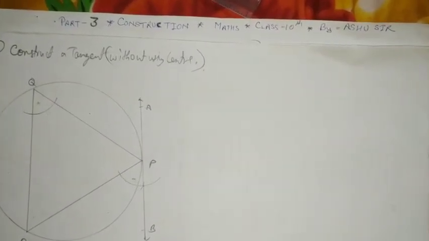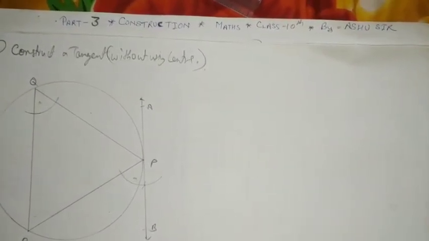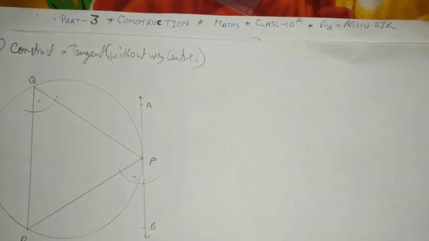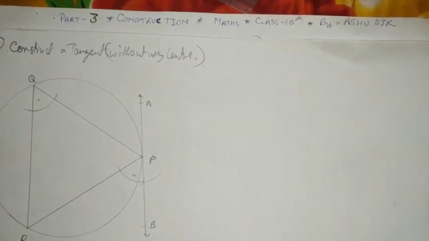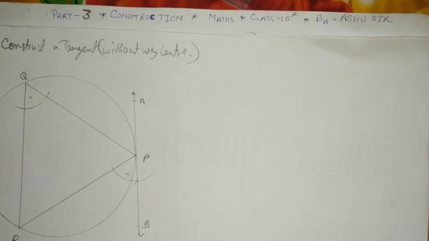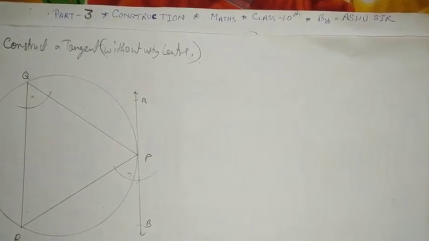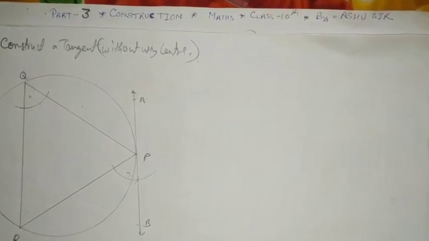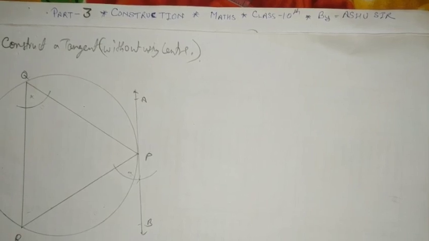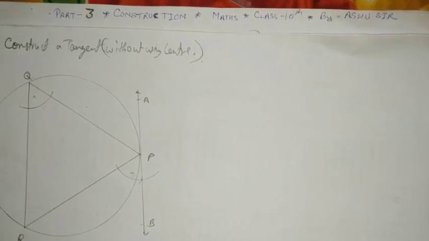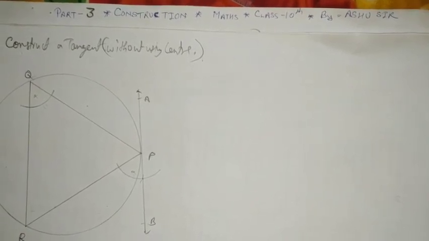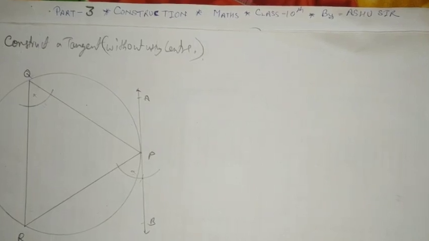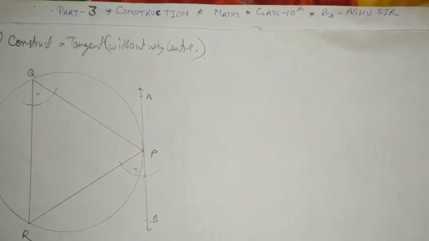So today in this video we explain the tangent drawn from an external point, and you know that from the external point of a circle, two tangents are drawn. So two tangents drawn from the external point with using center and without using center. Without using center is very rarely asked in examination, but we explain all the topics. So now see the first topic of the video.